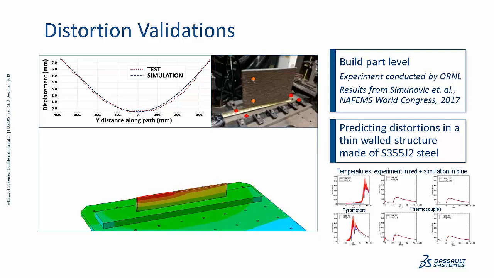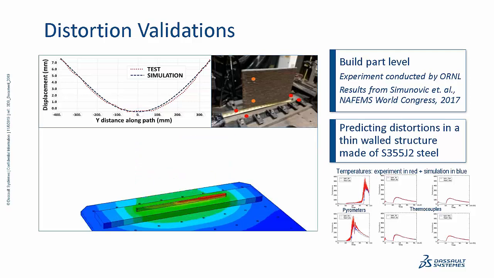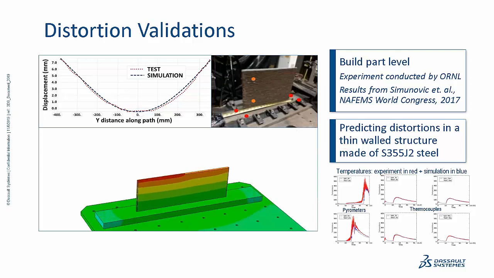At the build plate, a total of 12 thermocouples were drilled into both long sides of the build plate, with 6 on each side. The temperature from thermocouples were compared with simulation results in blue here. To measure the temperature history at the thin wall, as shown in red here on these 2 plots,